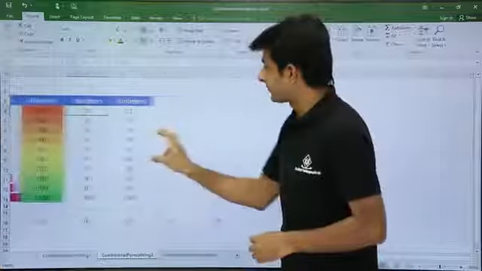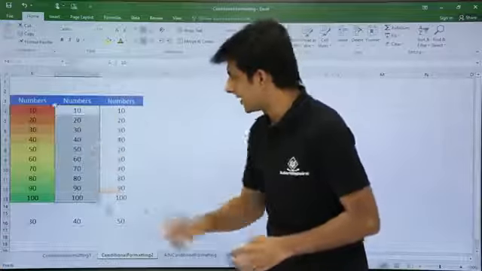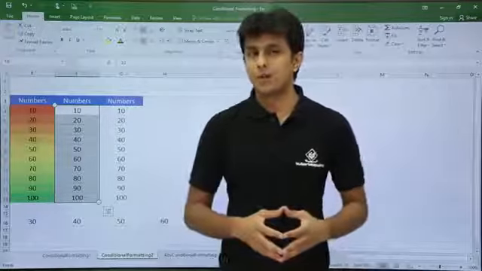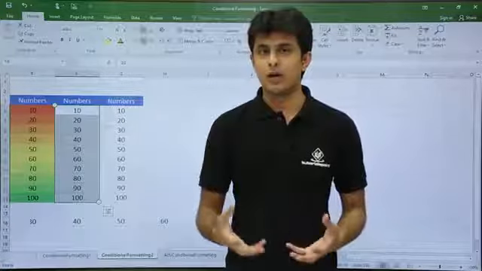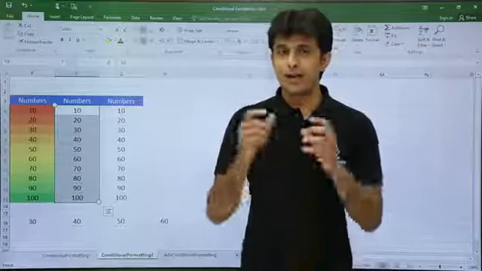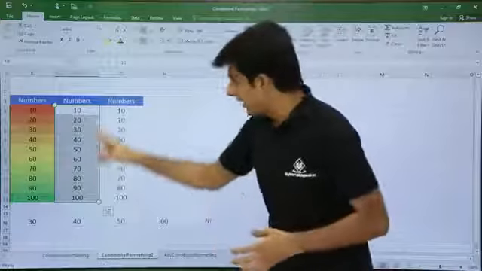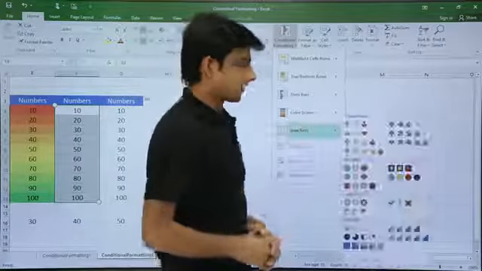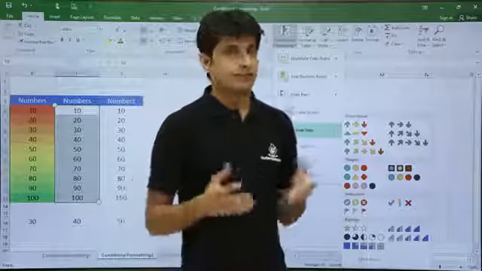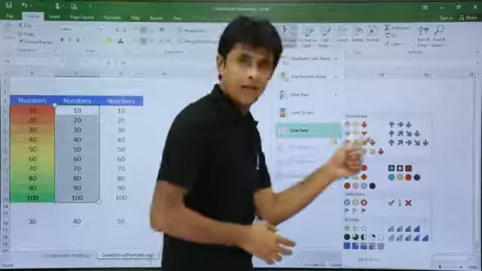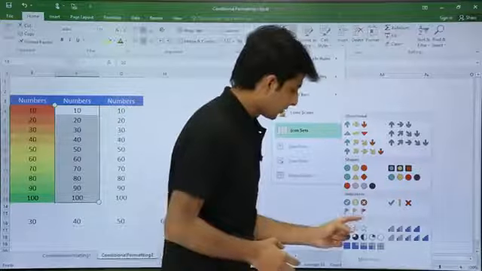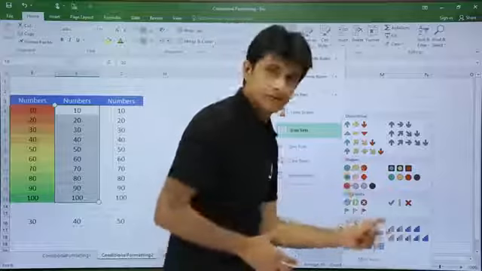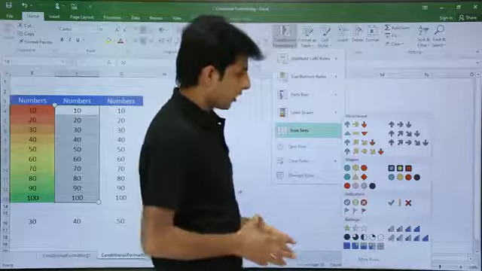Next we have what is called icon sets. So if you see some news channel, you'll get some Sensex options where the share market goes up and down. So based on the values, the icon set changes. Similarly, I have numbers 10 to 100, and if you see in the conditional formatting, I have icon sets. There are various types of icon sets. If you see the news channel, you'll get this kind of Sensex arrows. If you see the traffic signals, you'll get this kind of arrows, this kind of symbols. If you have a mobile, you'll get this kind of symbols here, and so on. So there are many more options available.